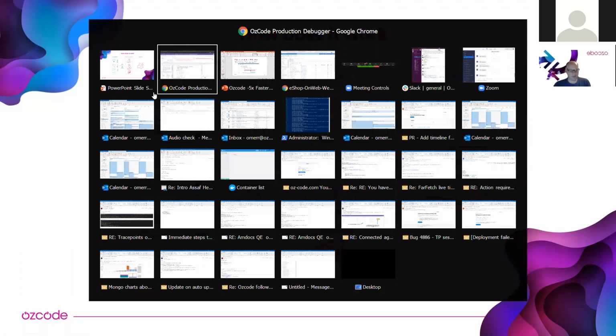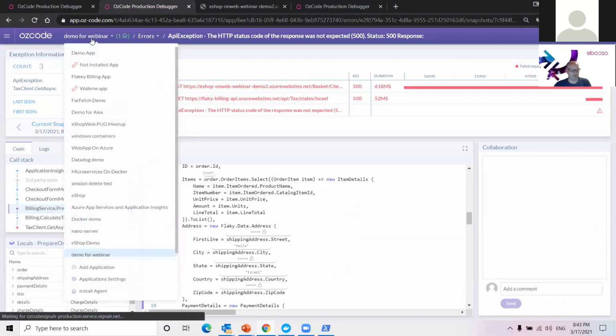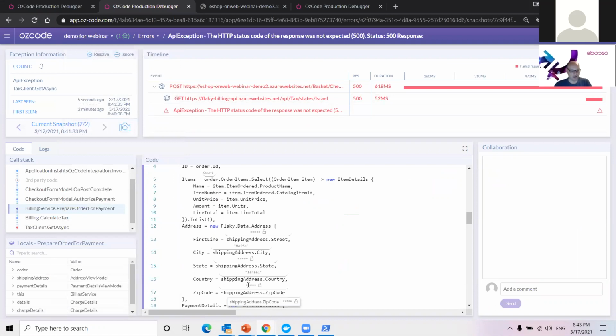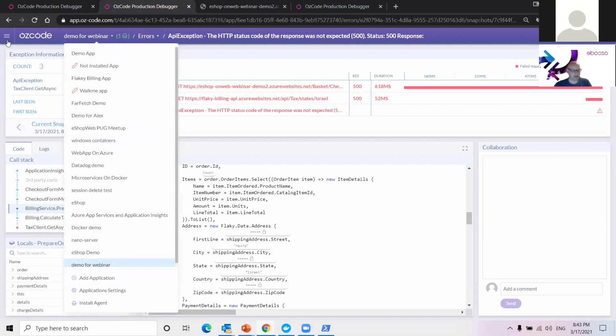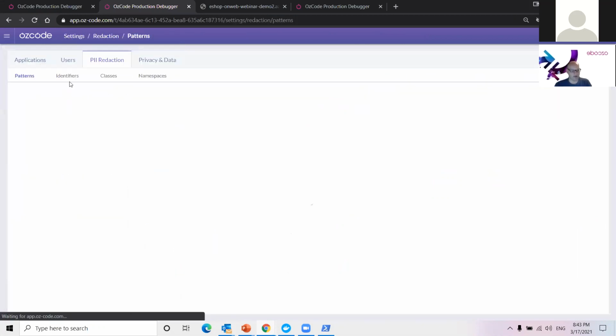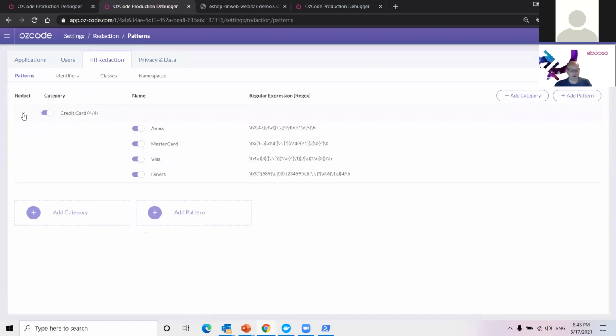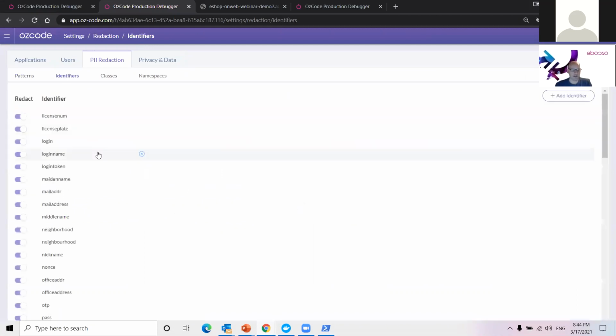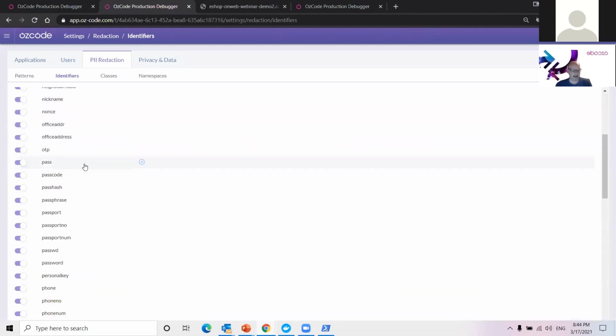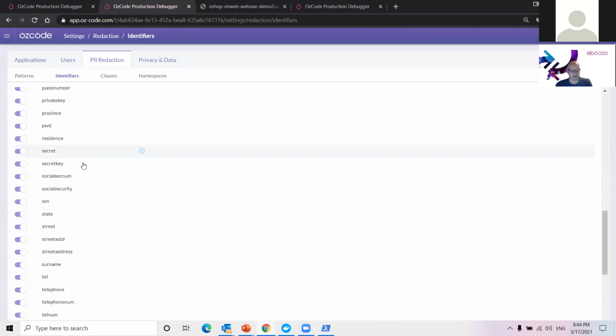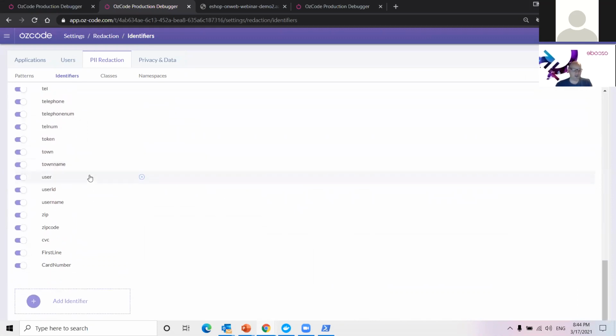And there's quite a large myriad of ways that we can configure these redaction settings. So if I click on this button that is inviting me, or I just go into redaction settings here, which can also be accessed from here, you can see that there's quite a few different approaches we can use. We can redact based on the regular expressions approach, or we can just use identifiers. So this would be things like password and PWD, and every possible way you can make a spelling mistake in the word password, etc.